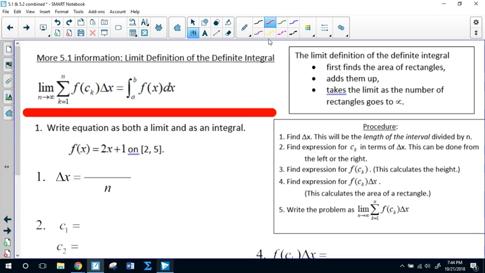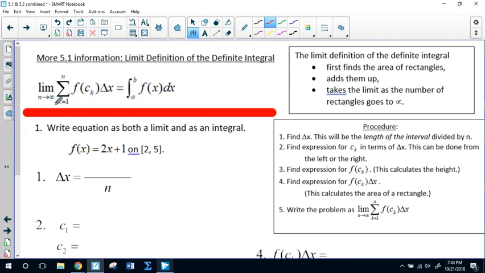Basically what we're doing is just like when we did the limit definition of the derivative, we are trying to understand what the limit definition of an integral would mean. So keep in mind that an integral stands for area. So we need to have some way of understanding that we're finding area. So if you look at each of these little pieces here,